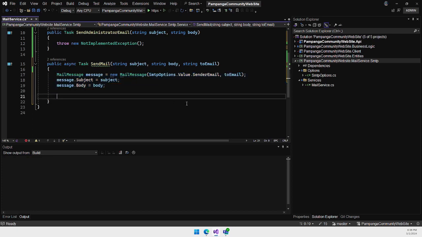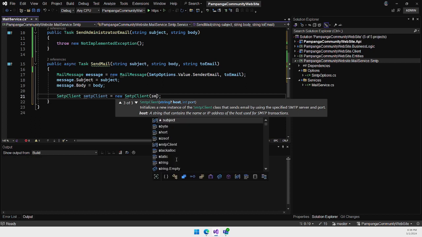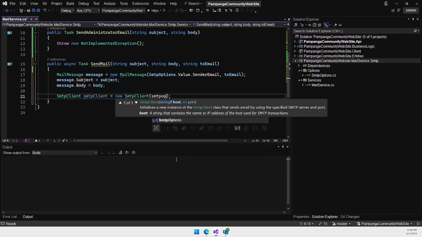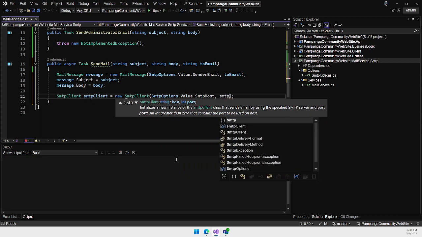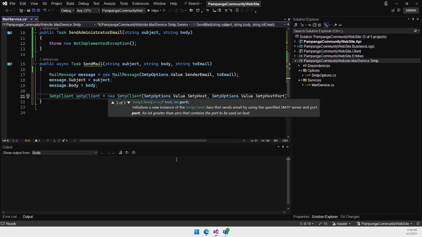Now I need to prepare my SMTP client, and here also we have a few constructors. Constructor empty, constructor only passing the host, and constructor passing the host and the port. I will use this constructor. I have my SMTP options, value, that SMTP host, and SMTP options, that value, that port. Okay,